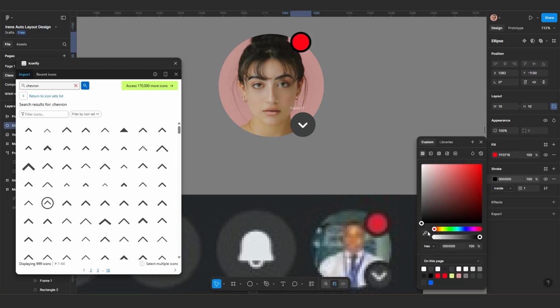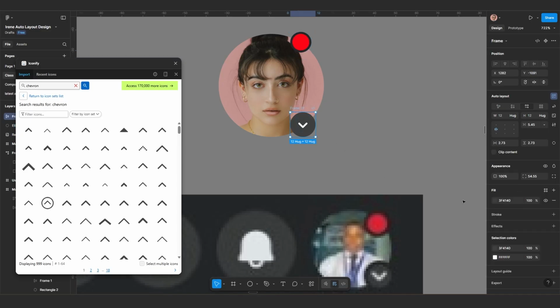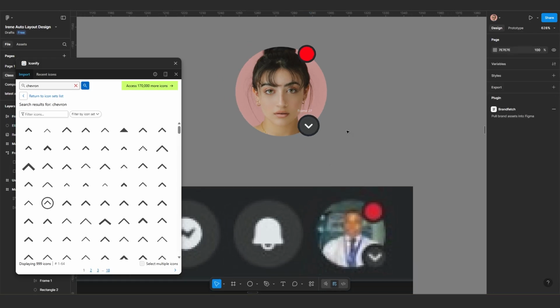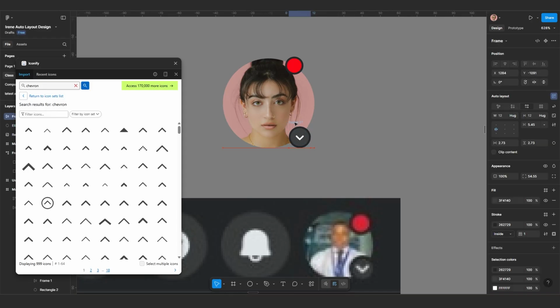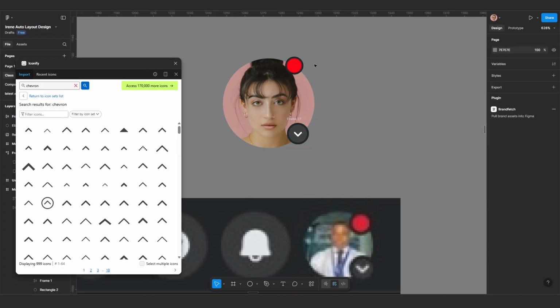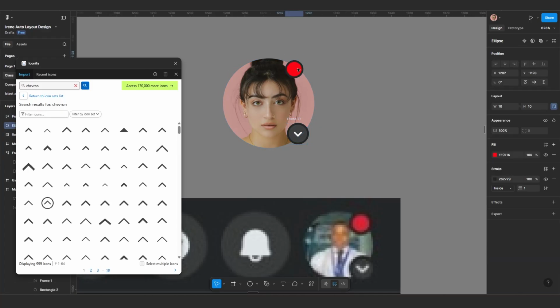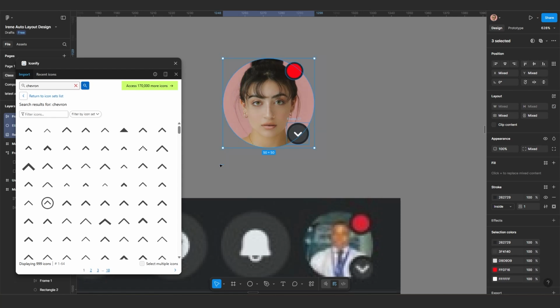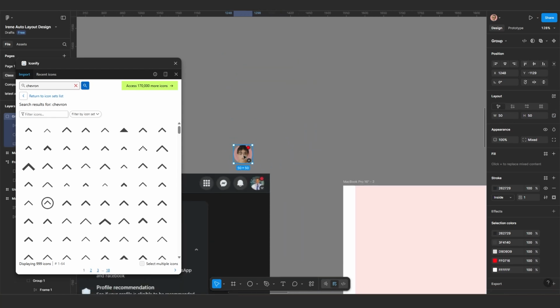When you add a stroke, add it to this background that is here, and then yeah, you take this one too, add a stroke like this, and make sure it's this background that is here like this. So you position it exactly the way you want it, and then yeah, for me I think something like this is already okay. Yeah, and bring this one down a little bit more. Okay, so you select everything like this, and then press Ctrl G to group them like that, and then we